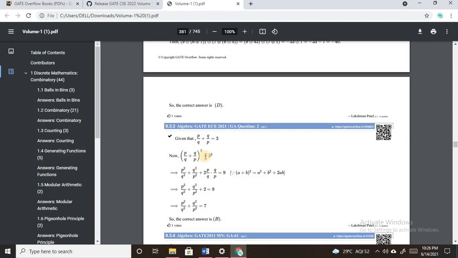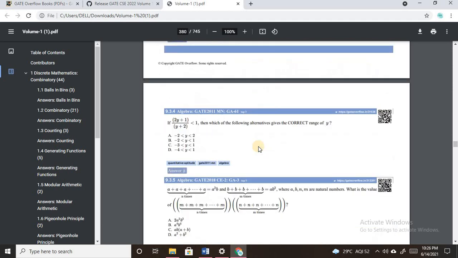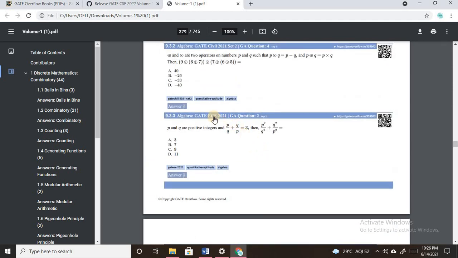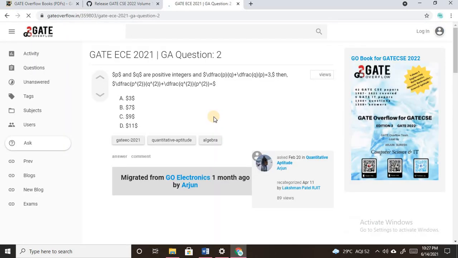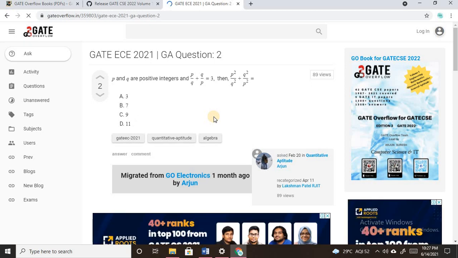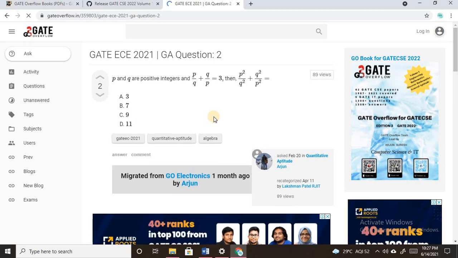Now, Gate Overflow also allows you to discuss with others your doubts regarding any question you might want to ask, or if you have a slightly different approach towards a question. What you need to do here is click on the heading of the question which you want to see, and as soon as you click on this heading you will be directed to a web page where the question which you just selected is mentioned.